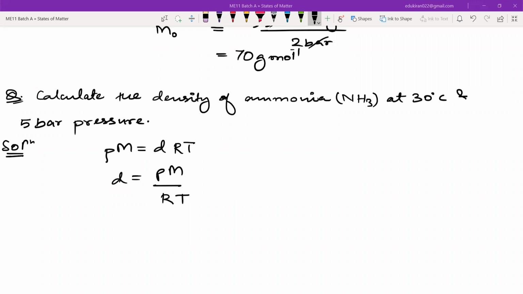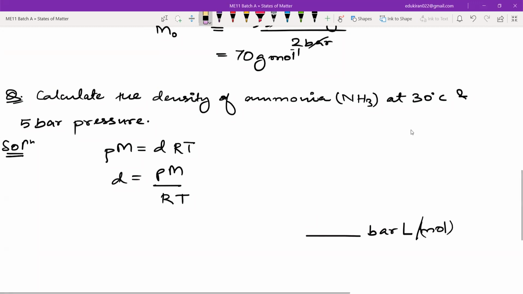That's why I'm sending you the value. Whatever the number is, the units are bar liter per mole per Kelvin. Can you see that? It is like this, per mole and per Kelvin. So you can write it like this also: per mole per Kelvin, or mole inverse, Kelvin inverse. I have given you the whole thing: bar liter, mole inverse, Kelvin inverse.